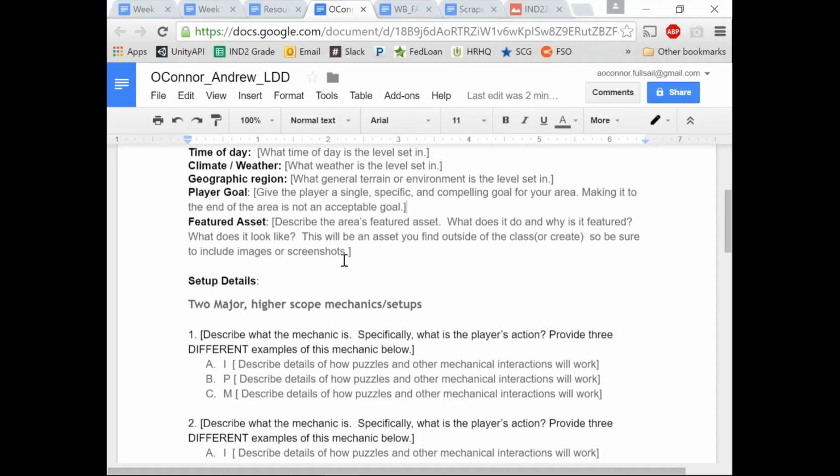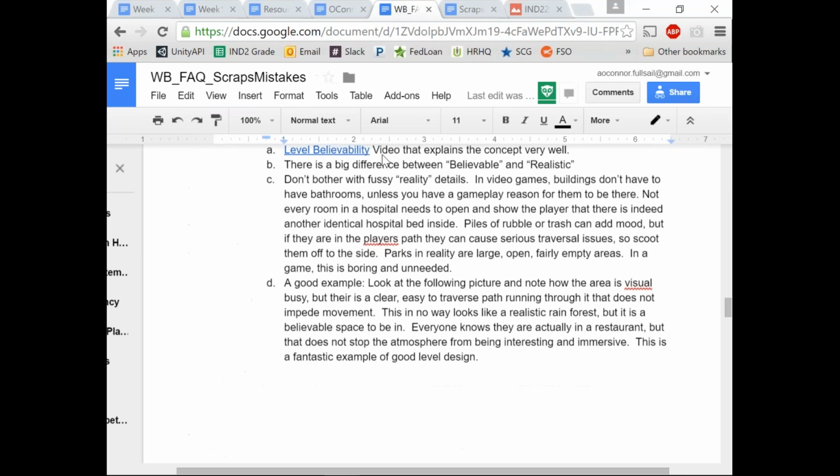Alrighty, the featured asset. So this is not exactly what you're probably thinking off the top of your head, where you may be thinking more of an artistic standpoint, where it's like a visual landmark or some nice object that's present in your world. That's going to be in your level regardless, and good visual landmarks are definitely good things to use. But instead, what you want to be thinking about